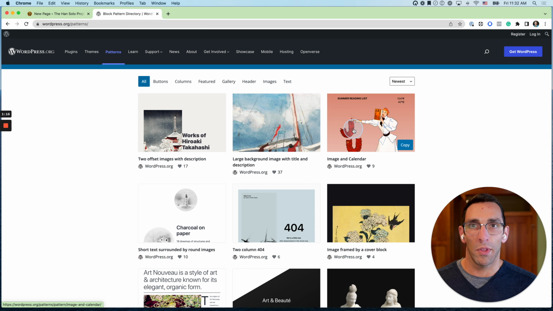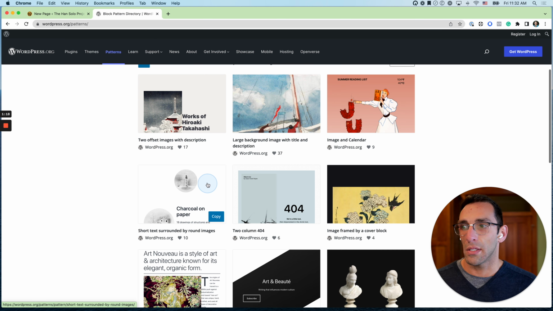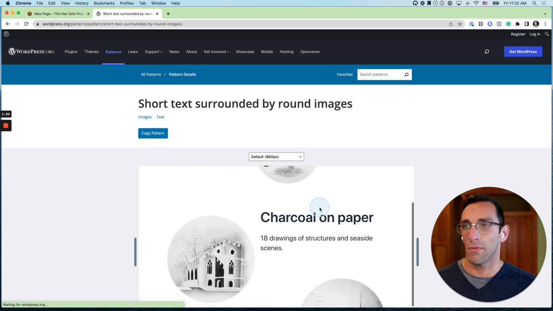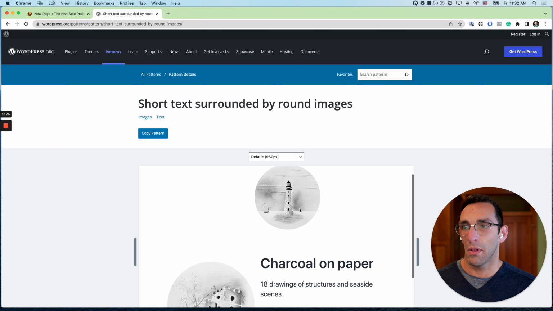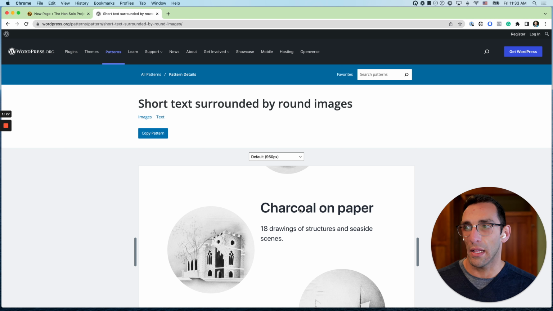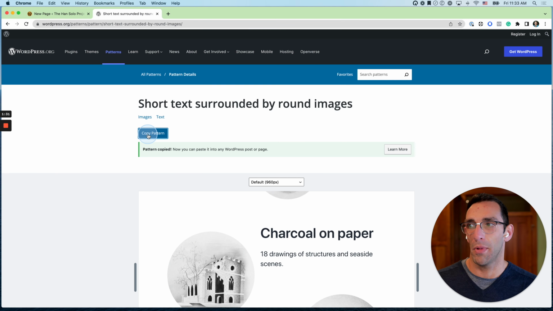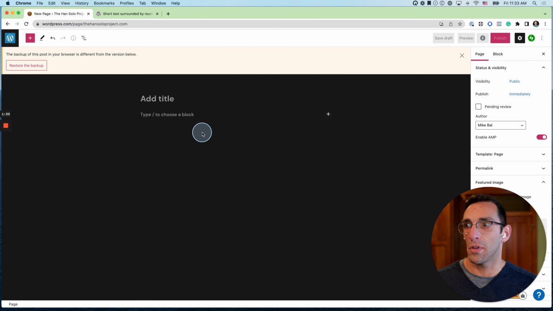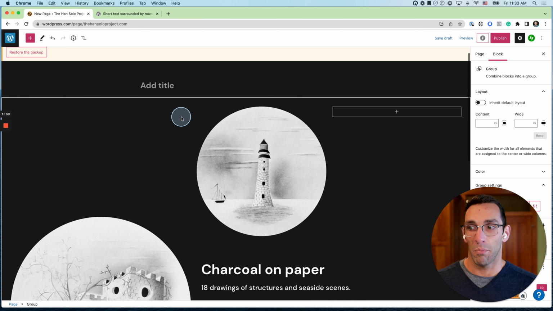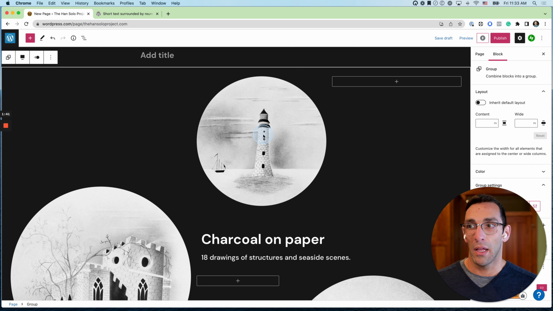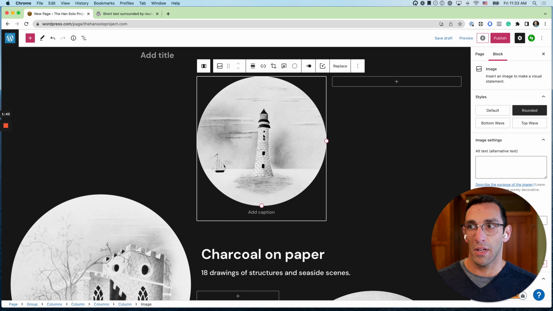So one thing I thought about doing is using this circled image and short text option to put a page together that highlights our albums that we've done. So all I have to do is click this copy pattern button, and then I'm going to go into this page editor and watch. So I'm going to Command V for paste. Boom. So I get it right away. The really cool thing about this is all I have to do now